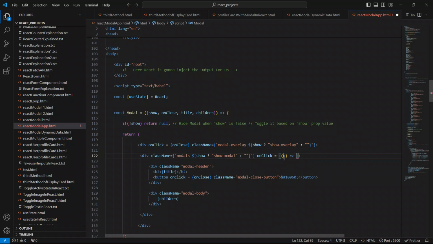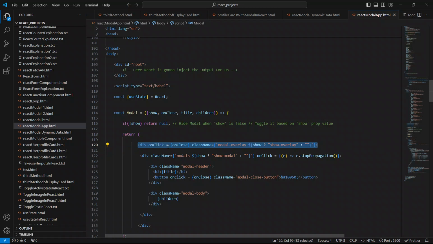This e is known as the event object, and we will now say event dot stopPropagation. In this way, whenever anything happens on this parent div, on this container div, like a click event or a hover event effect,